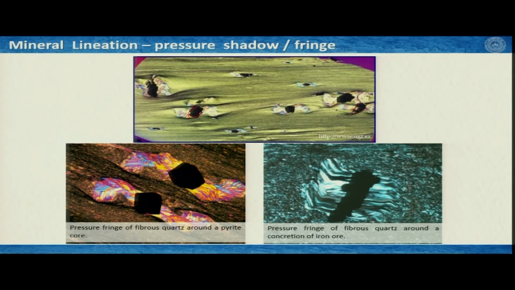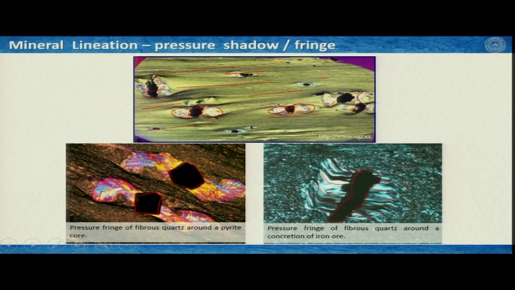You can see these are the clasts and these are the fringes or pressure shadows. So, you can see that in the entire piece of this rock, these are defining a lineation. Here as well you have some pyrites as the clast, as a rigid clast, and fine fringes are formed with quartz grains. Here as well we have an iron oxide as the core, and these fine quartz fibers are defining a kind of lineation in the area